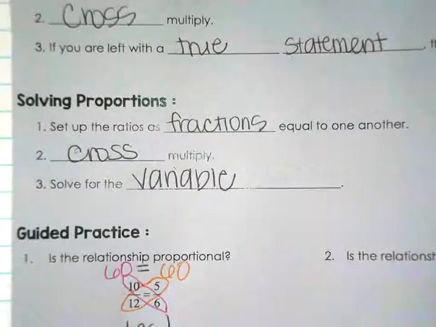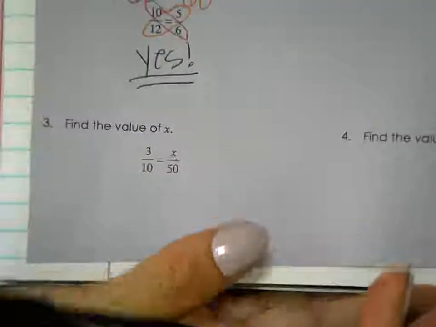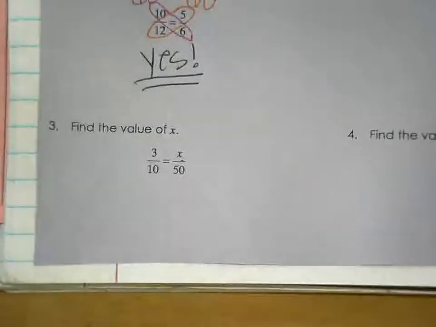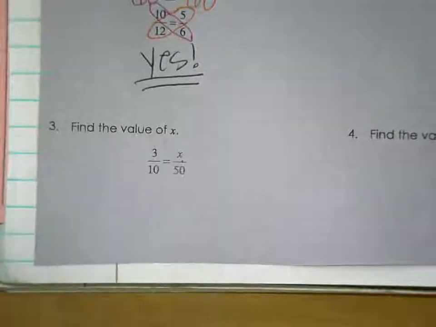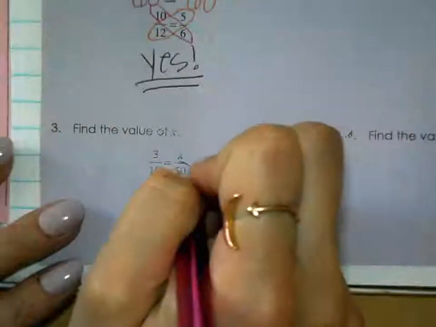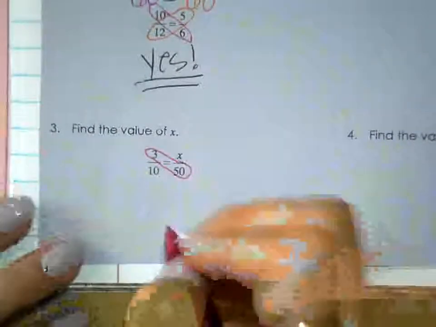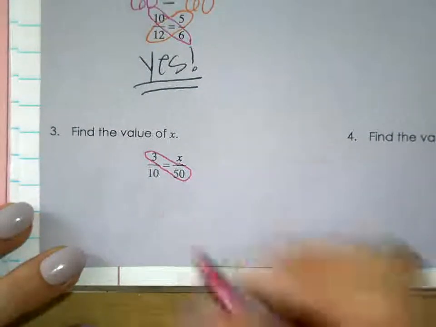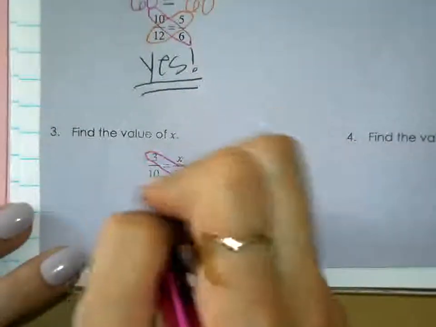And that part I will show you what that means right now. So when we look at this, they're already set up as fractions. I don't need to do anything. And I do need to cross multiply. So that means I take 50 and I multiply it by 3. Well, 50 times 3 is